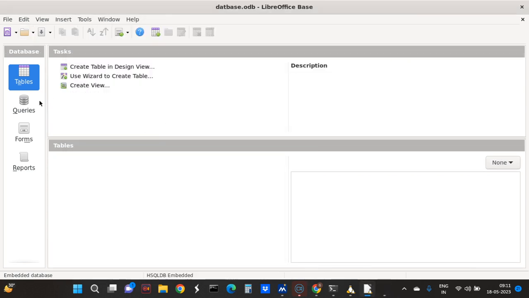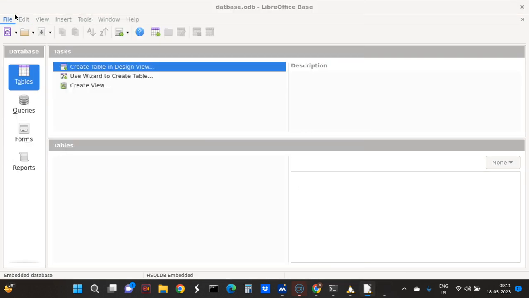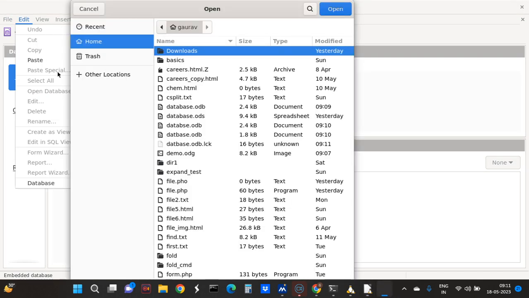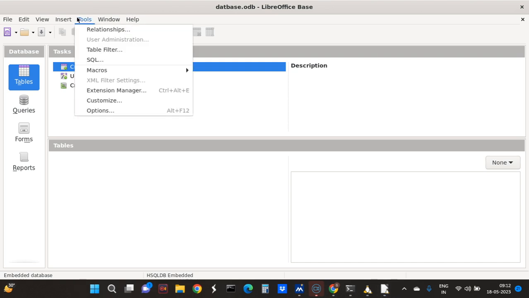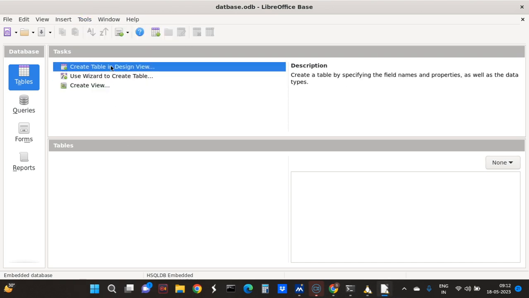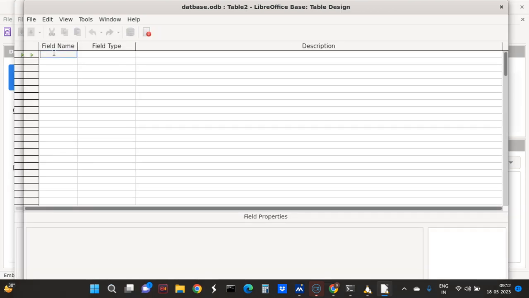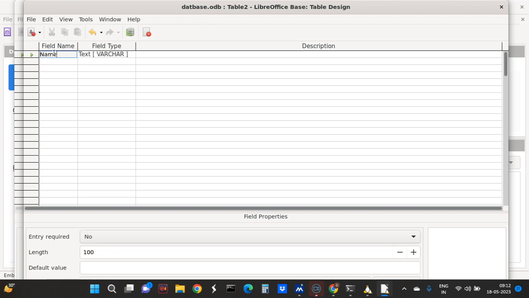in command line. You can see here, in this version this command line is not working. So we will use a graphical interface. So here I am writing the create table in design view. So field name. So what is the field name of it? Suppose name. So here this type has automatically come. So no need for a description, name of the